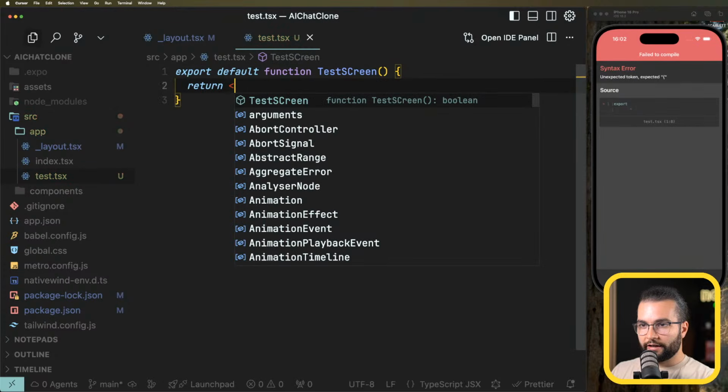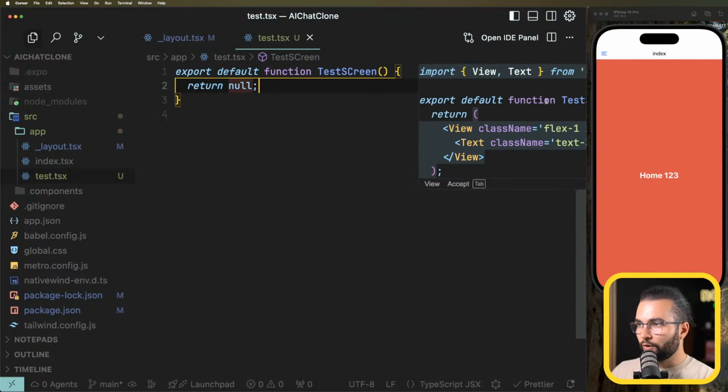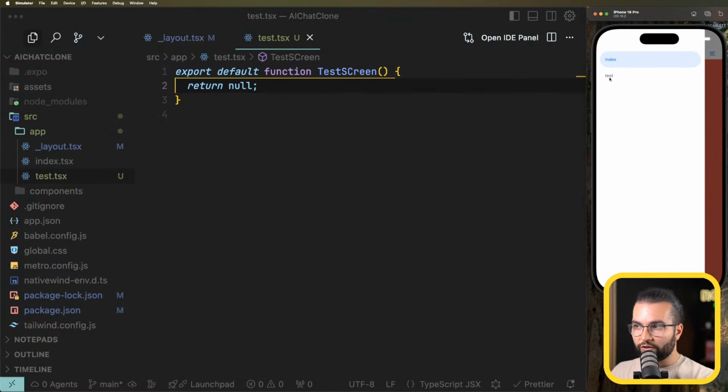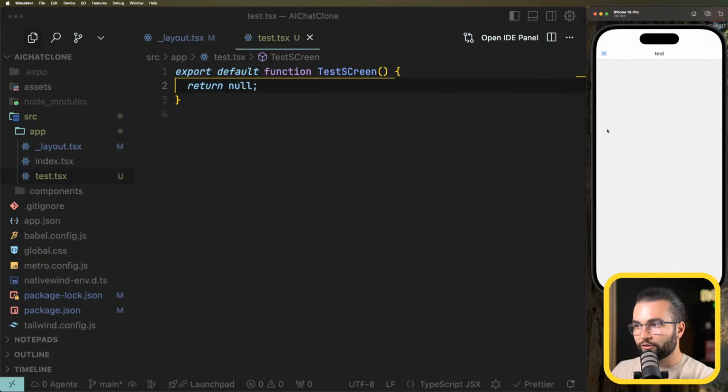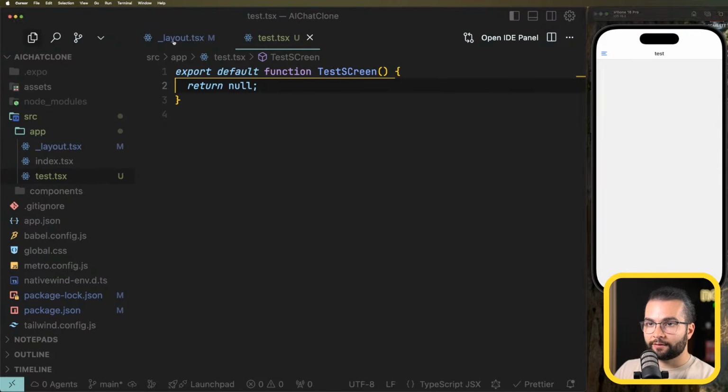I don't know why AI is not kicking in, but even if I return null, we're going to see in the drawer a new screen here, test, which I'm going to be able to swipe. I can open the drawer also with a gesture like this, as a normal drawer works,